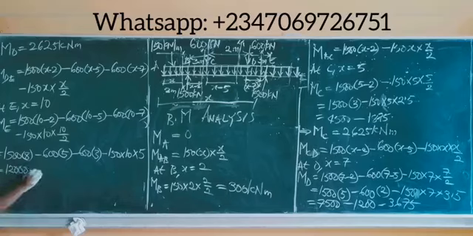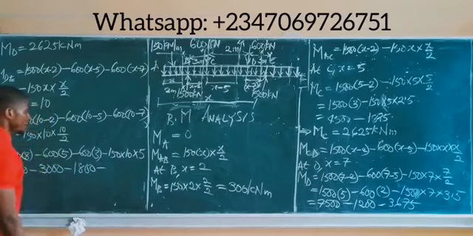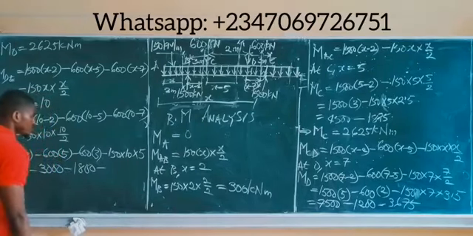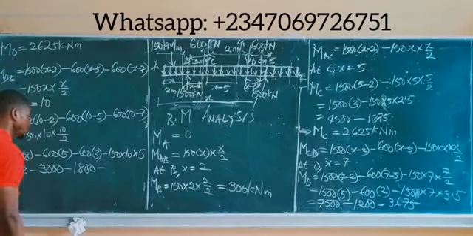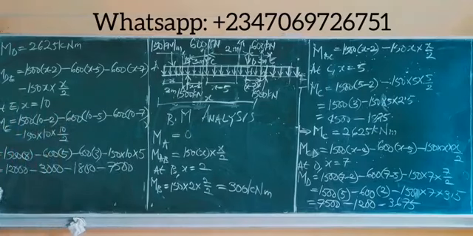So this is equal to 1,500 by 8, 12,000, minus 600 times 5, is 3,000, minus 600 times 3, is 1,800, minus 150 times 10 times 5, which should be 7,500. Let's check. 150 times 10 times 5, 7,500. So the moment at point E is now equal to 12,000 minus 3,000